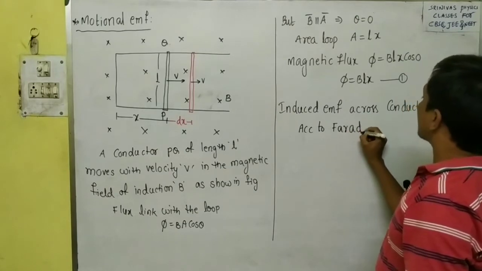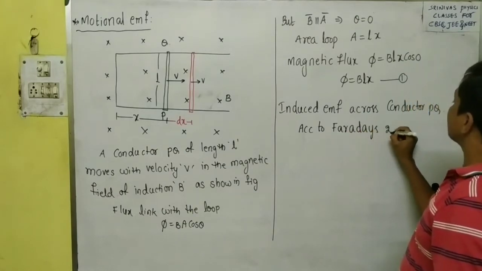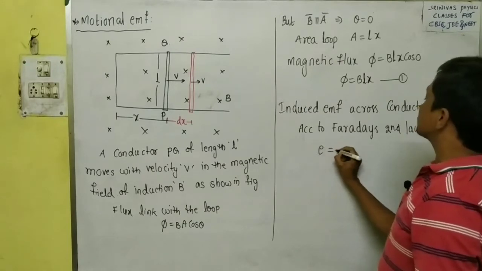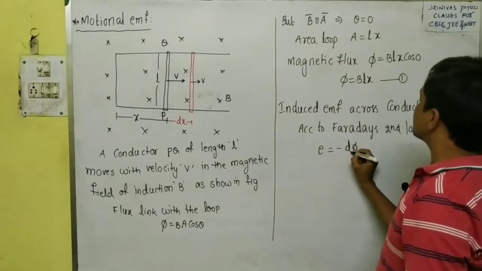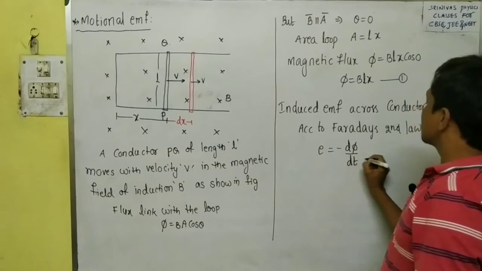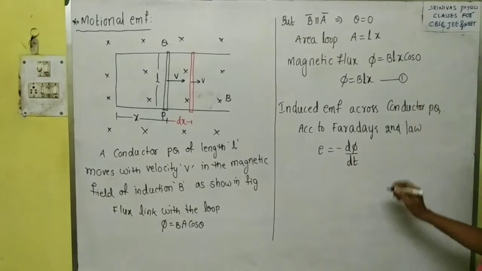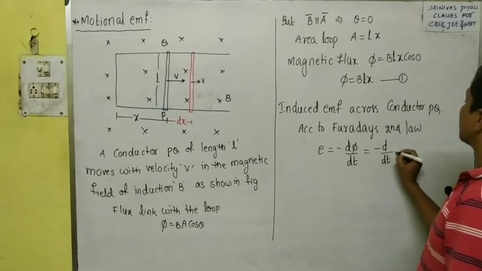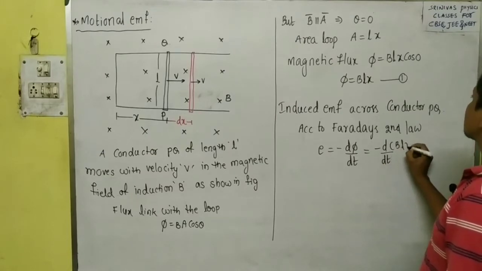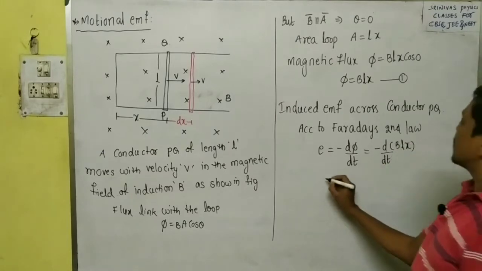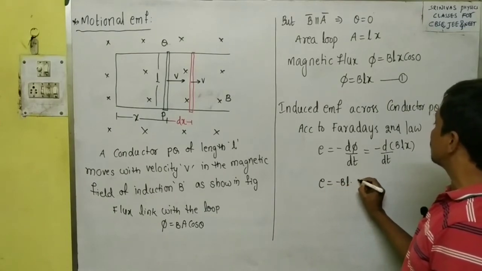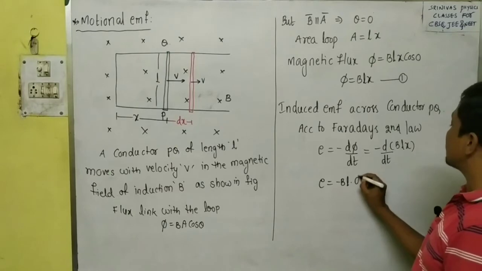According to Faraday's second law, what do we write? The induced EMF is equal to the negative rate of change of magnetic flux, minus dφ by dt. Substituting here, minus d by dt of φ, we write φ as BLx. In this, induced EMF is equal to minus BL, where BL is a constant, into the remaining, which we write as